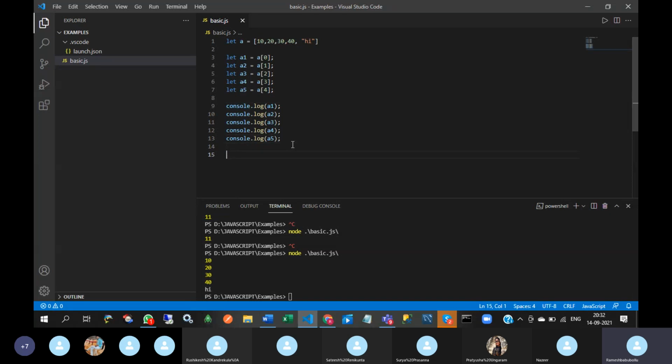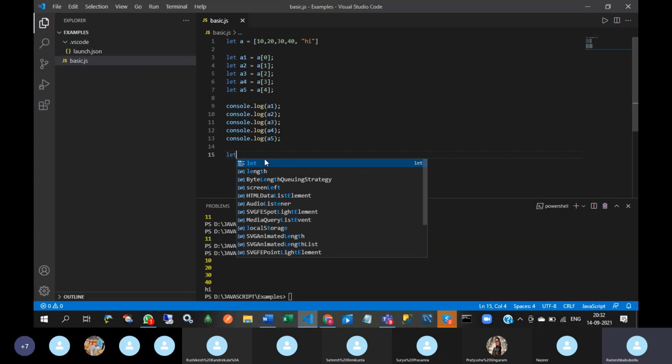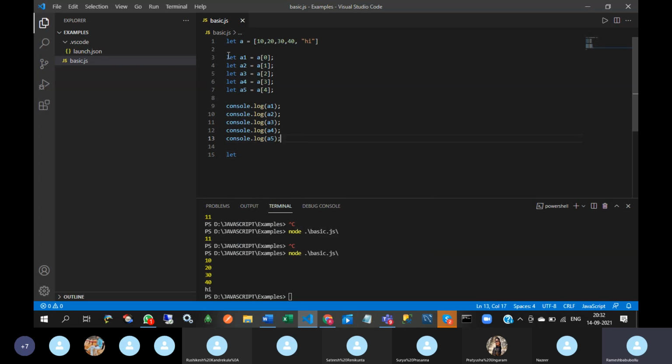Okay, and we can write same logic in different way. Let's see, I will put all these in comment.